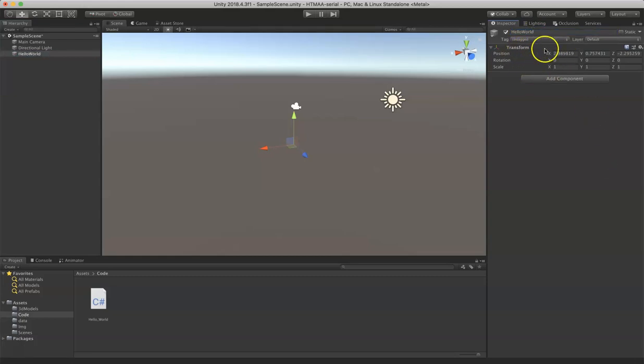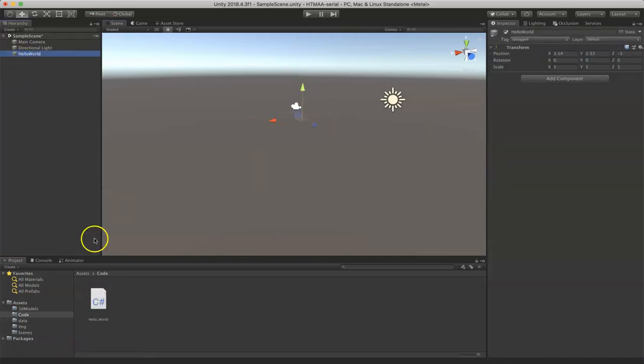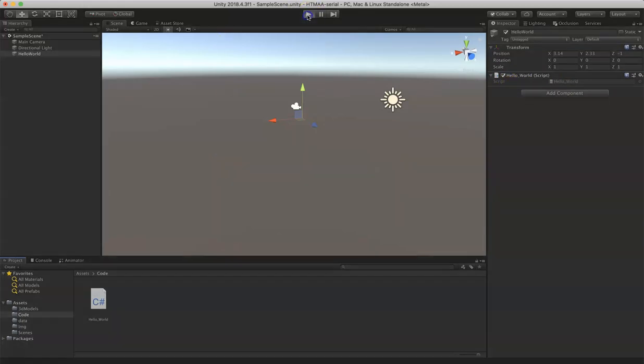You see that this has nothing else than just the transform. It has a position and you can see it here. You can manipulate this up, down, and so on and so forth. And what we are going to do, we are going to select hello world and drag this script here. So you see now we added a new component that we programmed. And if we press play,